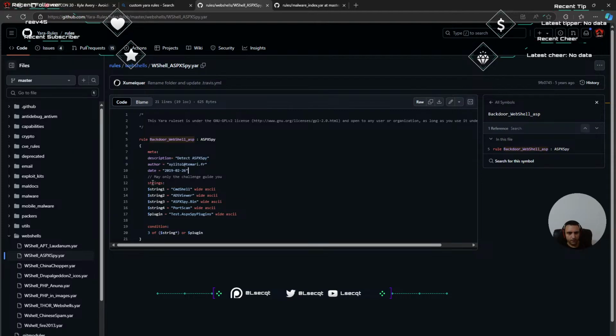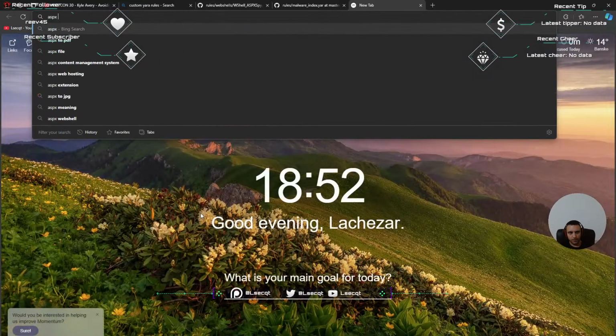And then strings. So essentially this Yara rule actually scans the file or whatever it can be, or yeah, the memory for these strings here. SIMD shell, ADC viewer, ADPXPy, word scan, and so on. And if we do ASPX web shell,